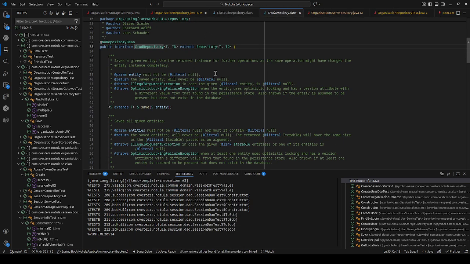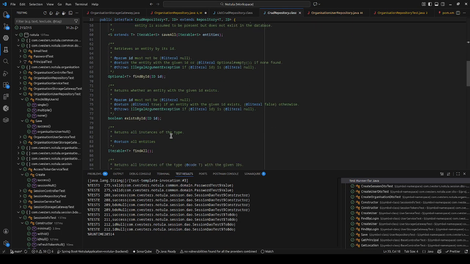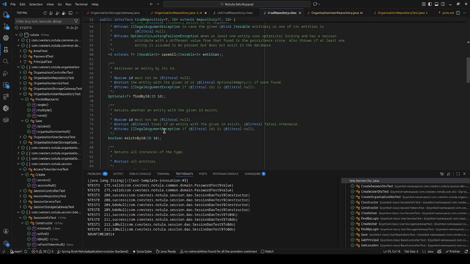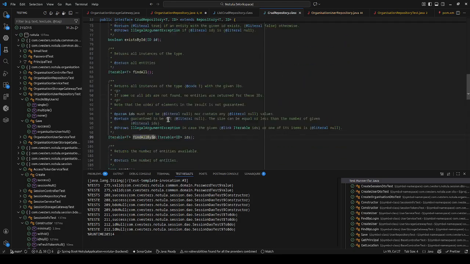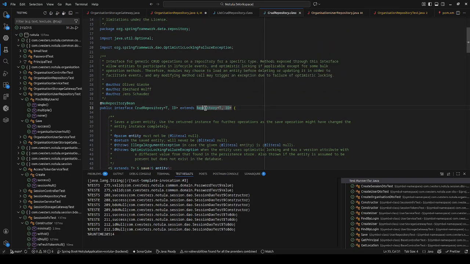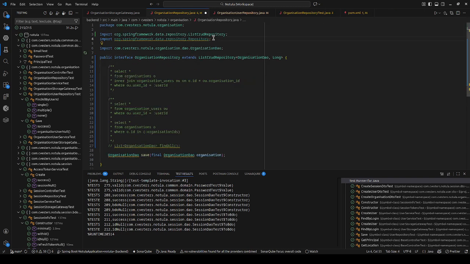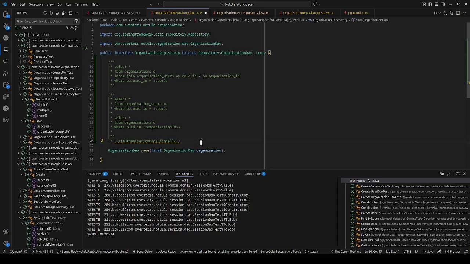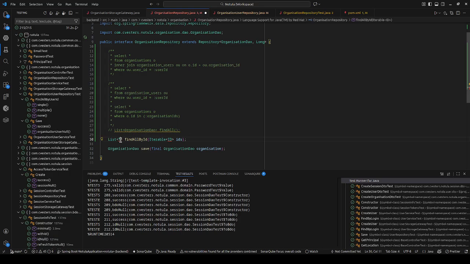which of course is again in the CRUD repository, but the CRUD repository doesn't return a list. Find by ID, save all. I would assume that they also have a find all by ID. Yeah, but this is an iterable instead of a list, which is a minor difference. The repository itself, of course, has nothing. That's just an interface to tell Spring, basically, this is a repository of these types, because you need type information. But I will copy the similar behavior of a list CRUD repository,